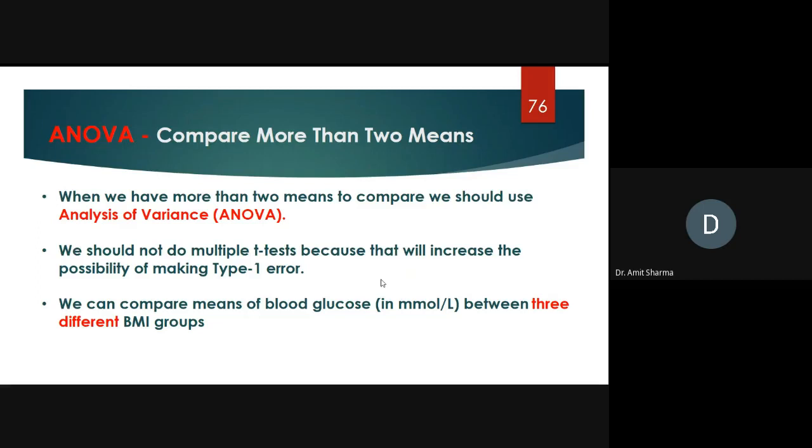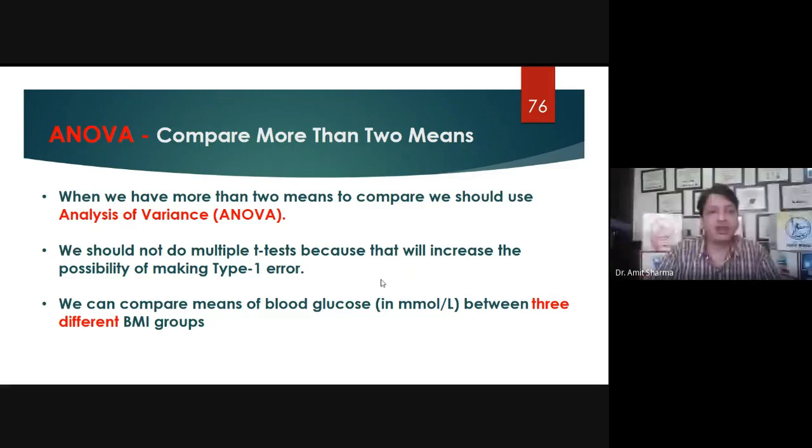And we should not apply the student t-test three times. Several students used to ask me, sir, why do we want to apply ANOVA if we are comparing the means? We can compare means with the help of the student t-test also, or the independent t-test.